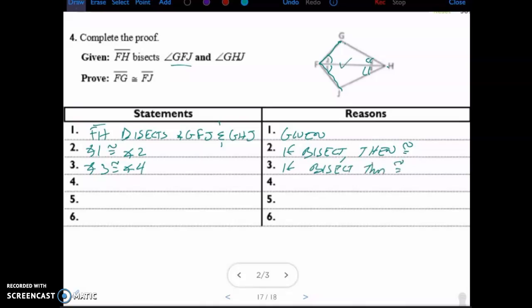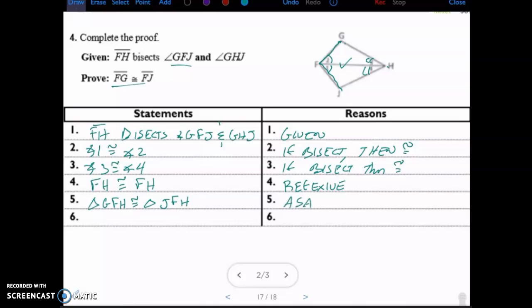I got to get a side, so I'm going to use the overlapping part. So FH is congruent to itself by the reflexive property. And then finally, I'm trying to get the sides congruent, so I need to get the triangles congruent first. Triangle, we'll go GFH. There's a lot of different answers you could say. GFH is congruent to, I started up at G, so I need to start down at J, FH, by angle, side, angle, because the side is included,